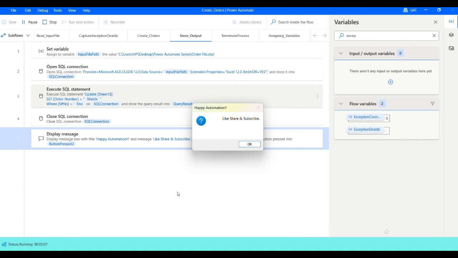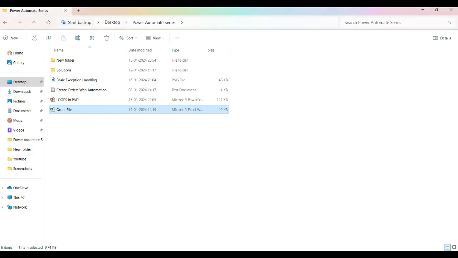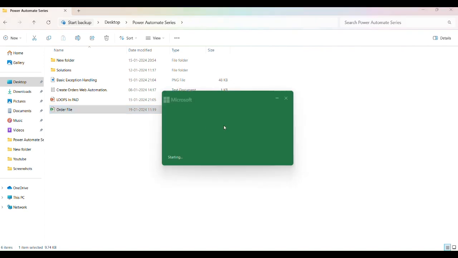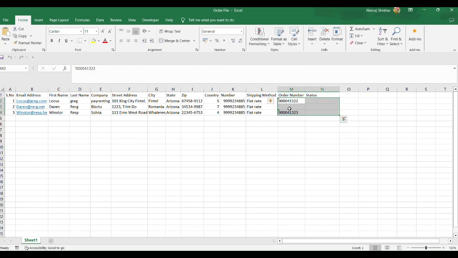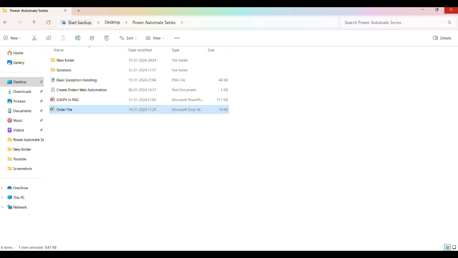Okay, so it has updated, and let's see the output file. And if you see, the second is blank, but if we need to update the status, there will be a simple flow. Let us delete this for now. Go back to our flow,